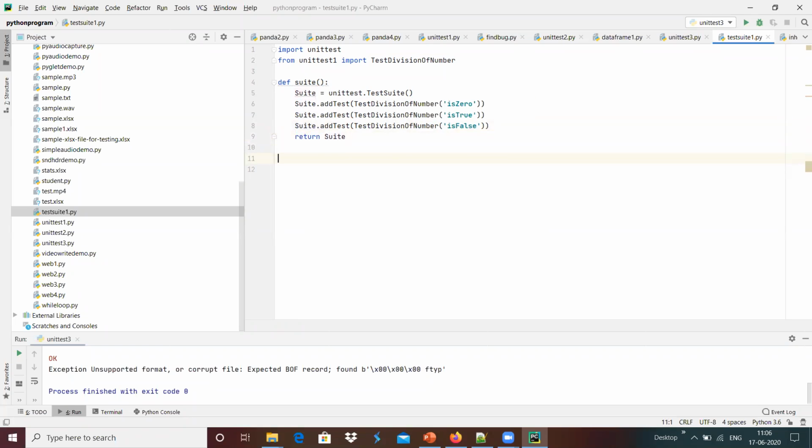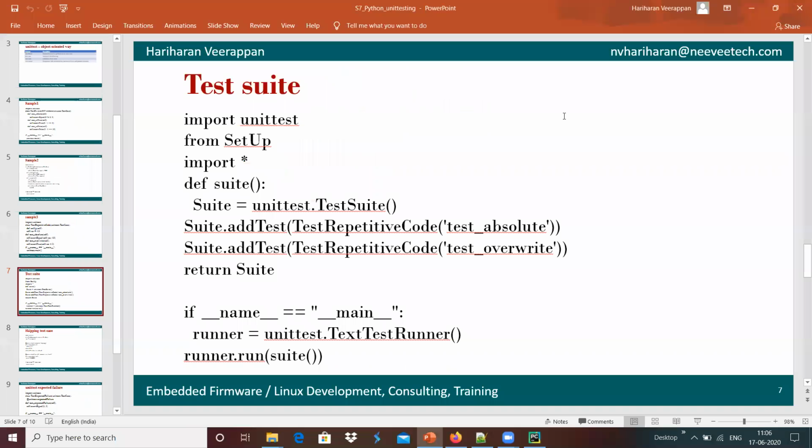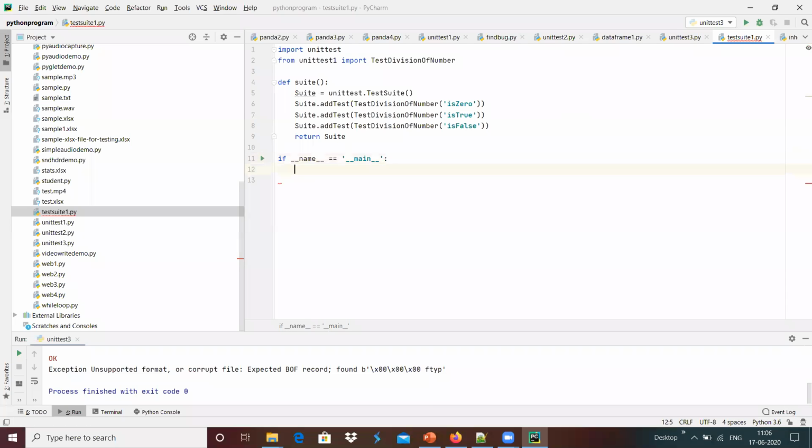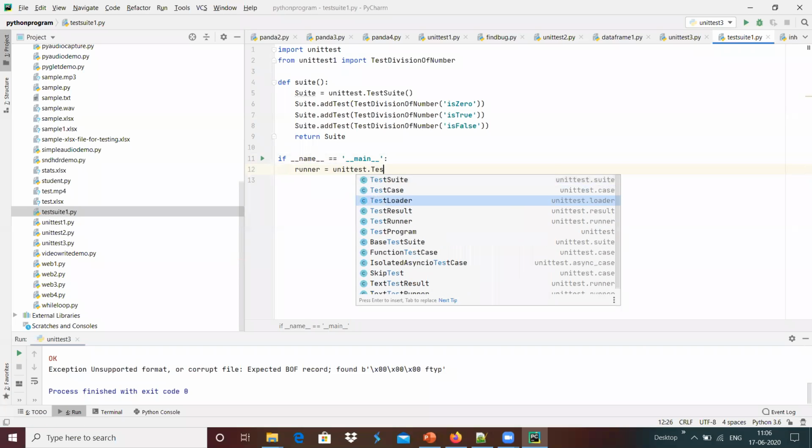After that, I'm going to write if __name__ equals '__main__' over here. Now I'm going to create a test runner: runner equals unittest dot TextTestRunner over here.